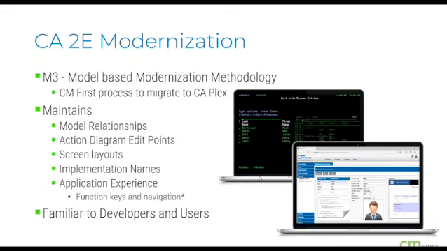Plus, you can take advantage of CM WebClient and add extra components to the screen as well. So you've got lots of opportunity for growth there. So it'll be familiar to developers and users.